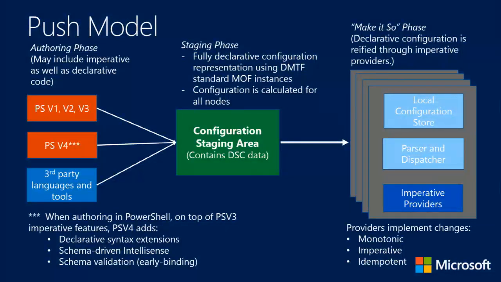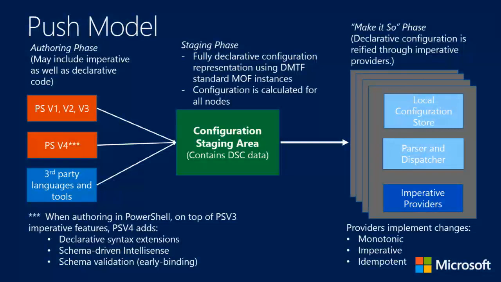It's a WMI provider. We call it the Local Configuration Manager. It has a local configuration store that says, hey, what is the desired state? What is it now? What's the one that's supposed to be the case? And what was the previous one? Okay? And so when you say make it so, it goes into pending. This agent then goes and parses that, makes sure that it's okay, dispatches it to the various providers. These providers can be WMI providers or PowerShell providers. As an extension mechanism in this first version, we're only supporting the PowerShell extensions, but you can see you can use any standards-based mechanism to extend it.